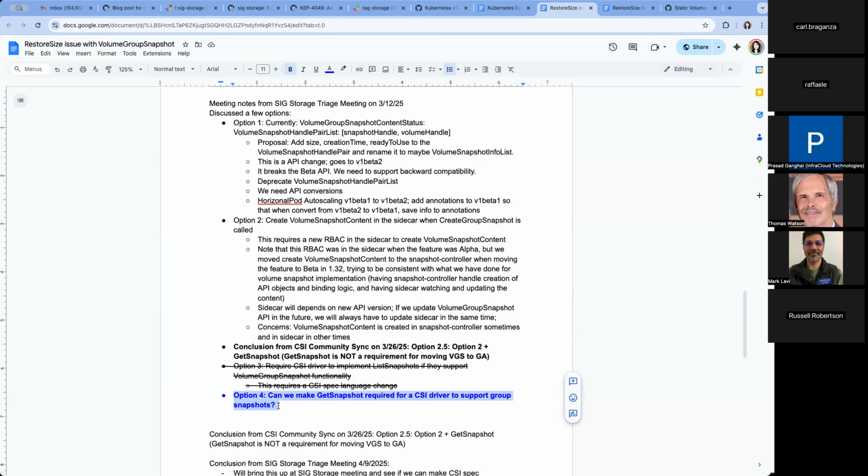But group snapshot is a big situation where anyone who implemented the group snapshot as it is written now just won't work in the future, right? It'll just never work if they don't update their driver. It will work if they